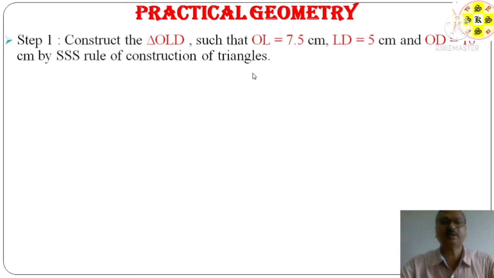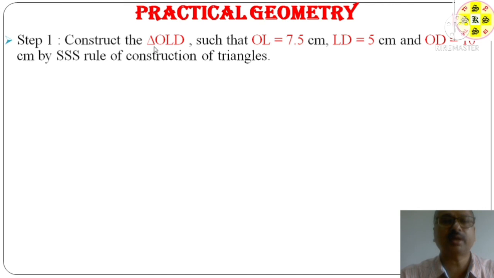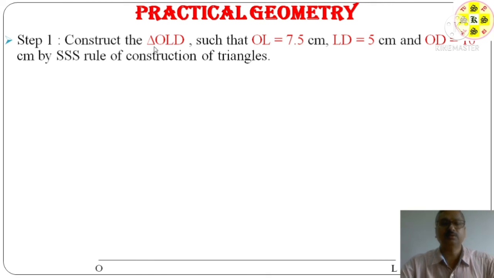OLD, that is as per SSS criteria of construction. Since all the 3 sides are given, we can construct the triangle OLT. In my previous video I already explained, no need to write all the steps clearly, like taking this much center, this much radius, draw an arc. Simply if you write it, but you have to follow the procedure. How you are constructing, you have to follow that procedure. But in the steps, simply if you write this,